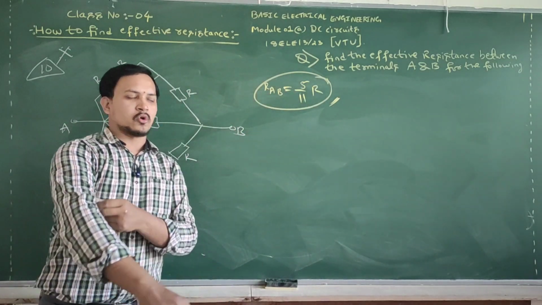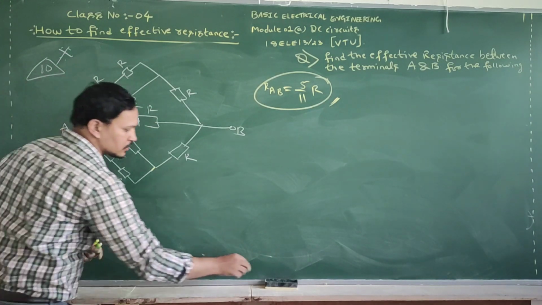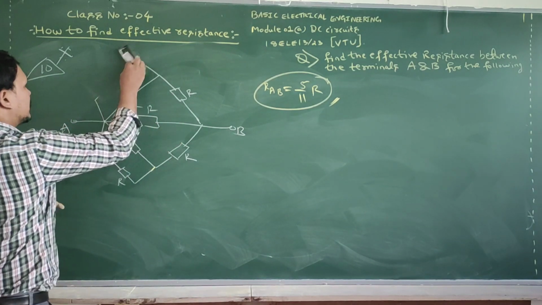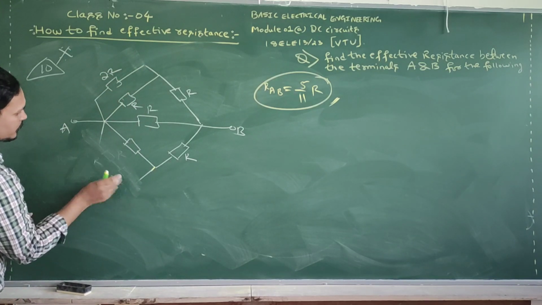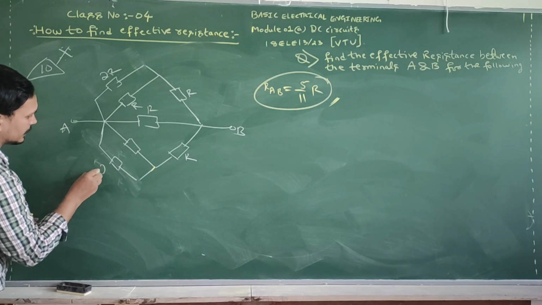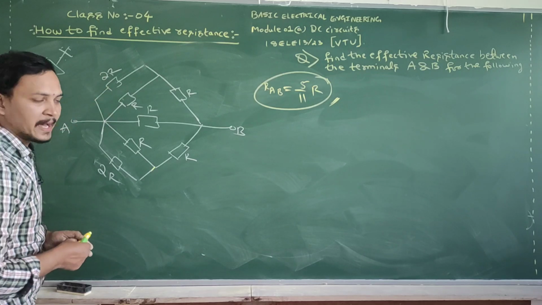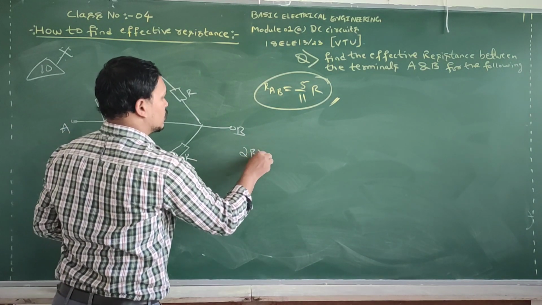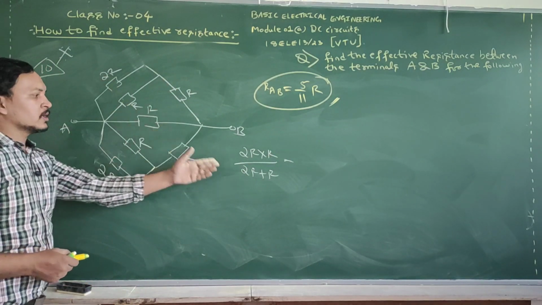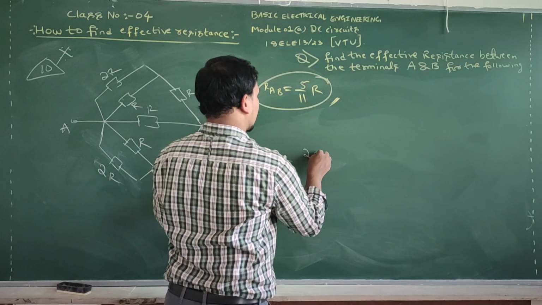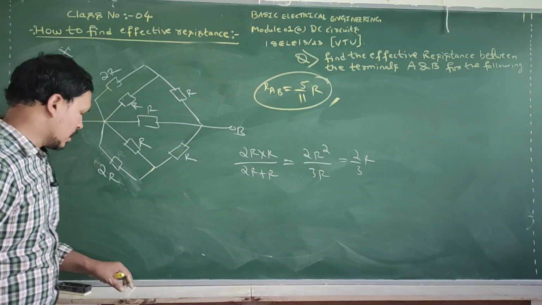So put your answer in the comment box. Okay, look here. I will give an idea how to do it. R and R are connected in what? Series. R plus R will become what? 2R. And here also R plus R, you will get 2R. Now 2R and R are connected in parallel. Find the effective resistance. 2R into R divided by 2R plus R. Two resistances are in parallel, numerator multiply, denominator addition. Therefore it becomes 2R square divided by 3R. Then finally it becomes 2 by 3R.